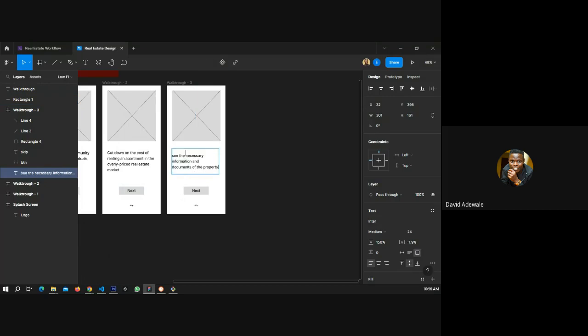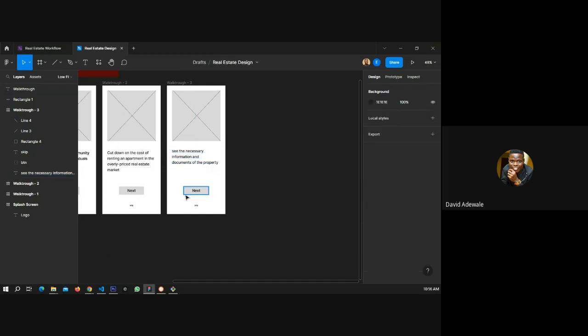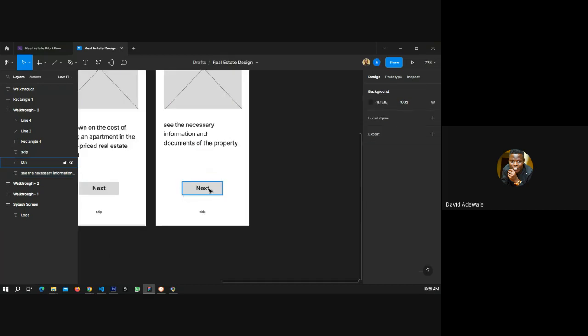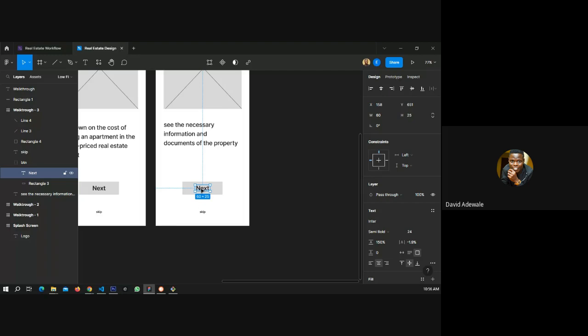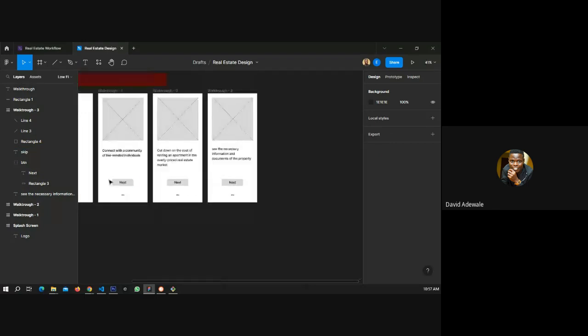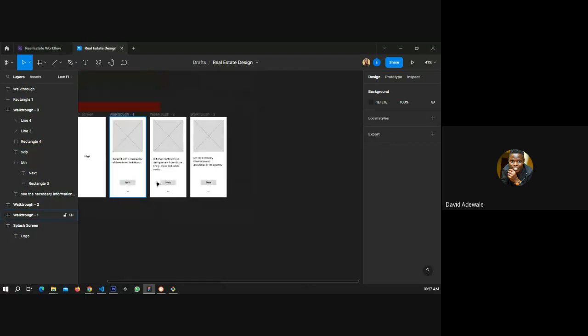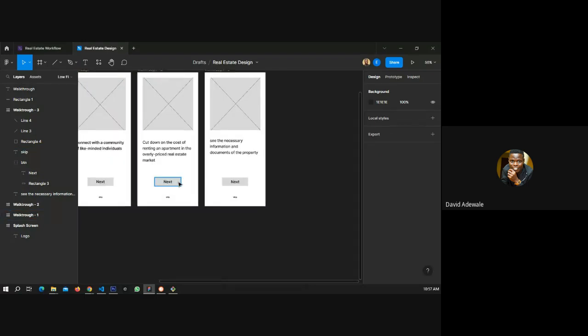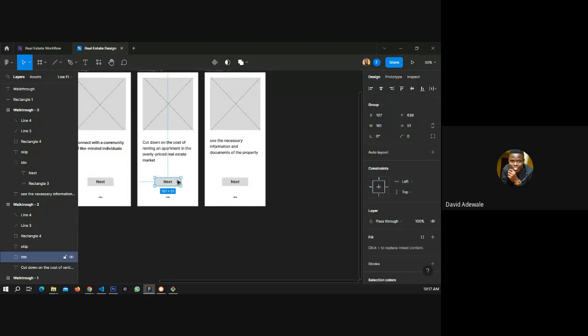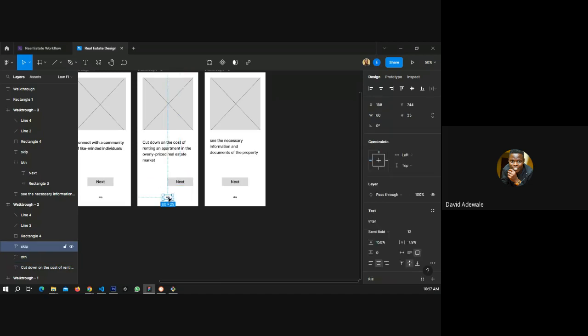So that's for that. Adjust this. And then this is not next again. And then we shouldn't have skip here. So this one also should have next. This one should have next and then previous.